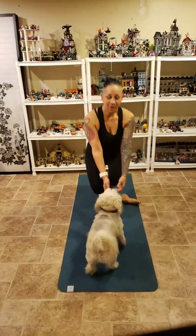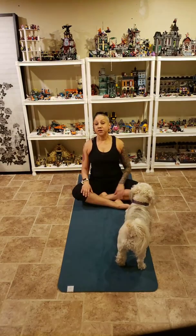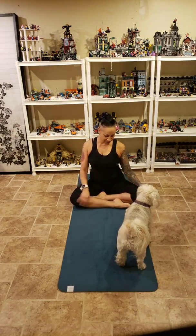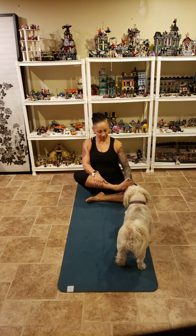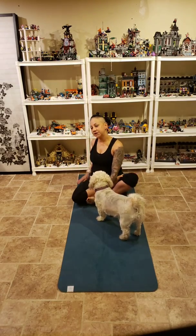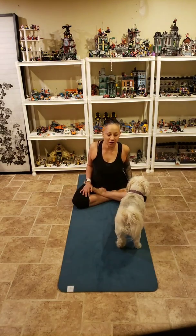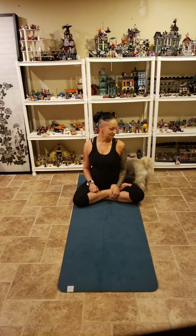So we're going to start our practice this morning from a comfortable seated position. That could be what they call crisscross applesauce, legs crossed. You could try one heel to one thigh, that's half lotus. If you want to try both heels on both thighs, I don't find that very comfortable, but it's your practice, so do what you like. So starting from this position, we're going to inhale,